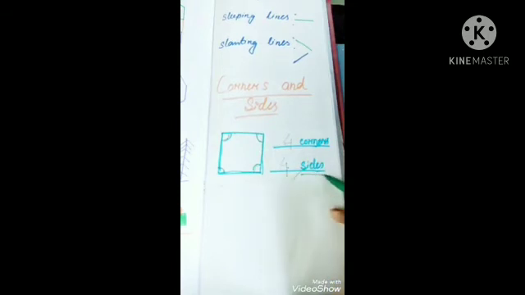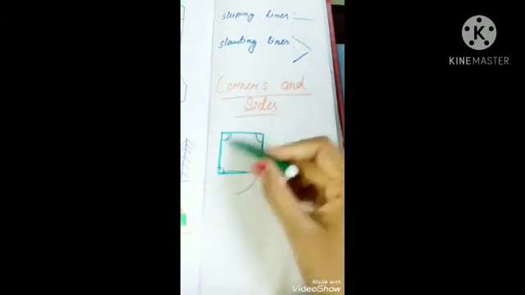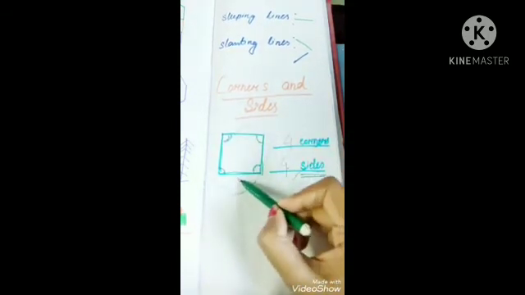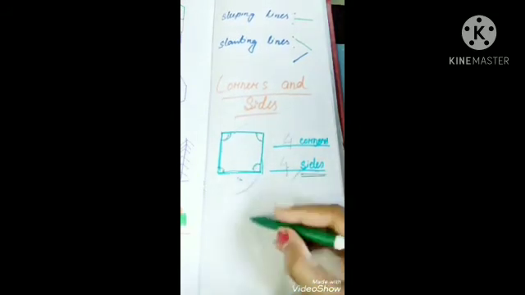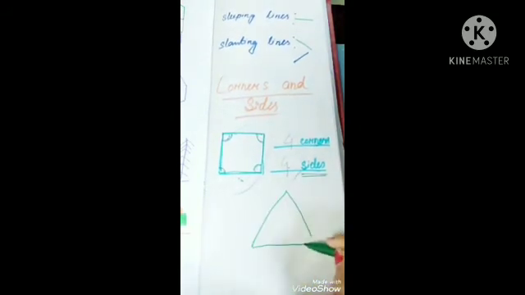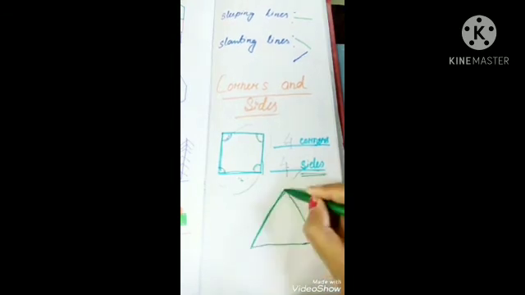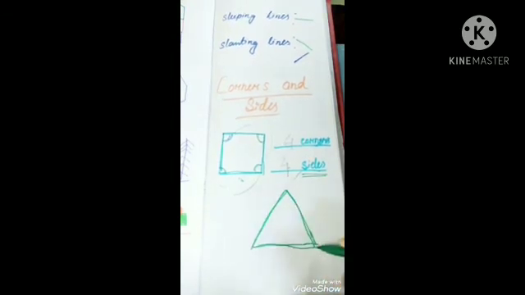That is called your sides, and this should always be what? A line segment. That one should be straight. Okay, a straight line. So if I draw like this, you know what figure it is. It is a triangle, right? So here 1, 2 and 3, right? So we are drawing 3 lines, right?